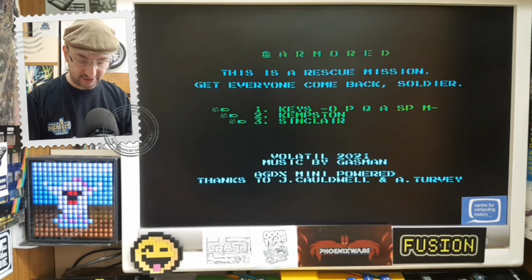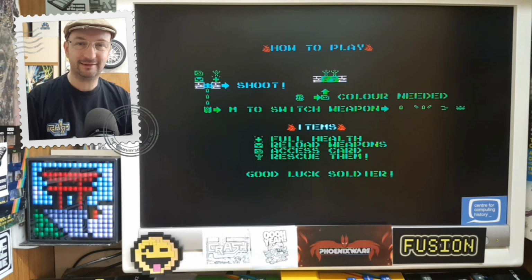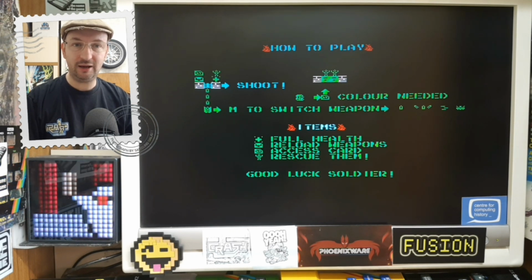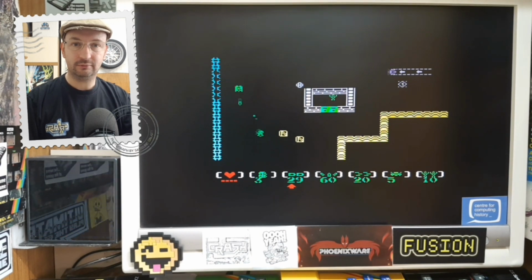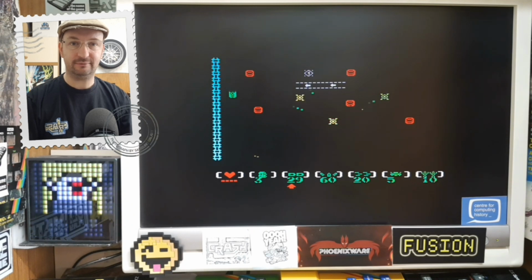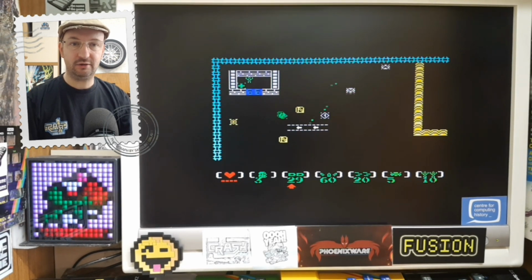Press 1, I'm going to use keys, so why not? Good luck, soldier. Oh, believe me, I need the luck. It tells you there how to select your weapons and what you need in order to access the gate. So it's sort of self-explanatory to get you into the game. Let's go for it. Well, I'm not going to waste those too much. Before I can get into there, I need to find a way to get there. I mean, the bullets are teeny tiny, aren't they? Can't get into there yet, but what we can do...